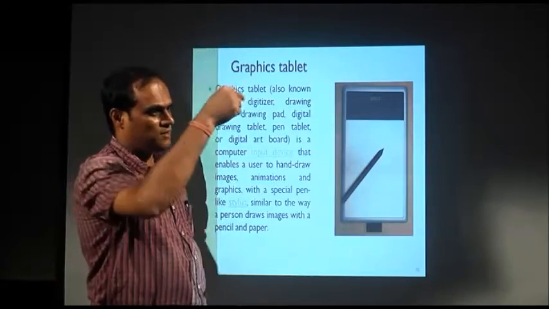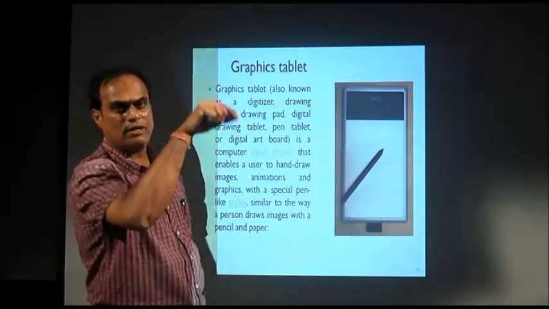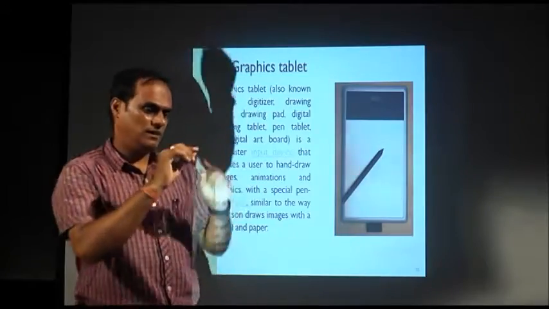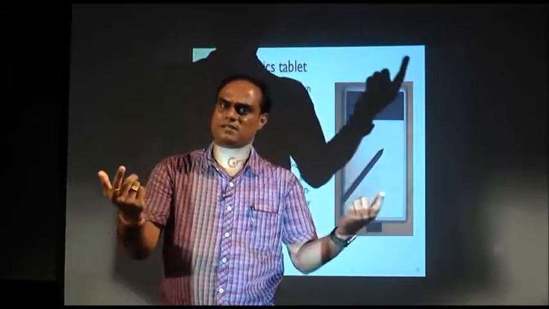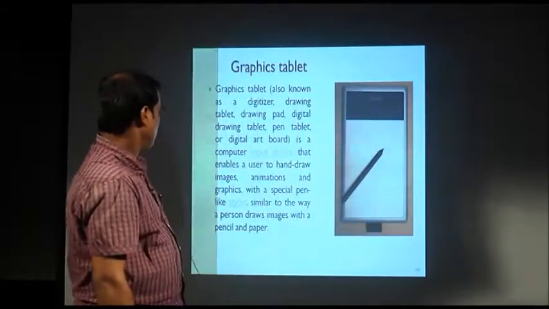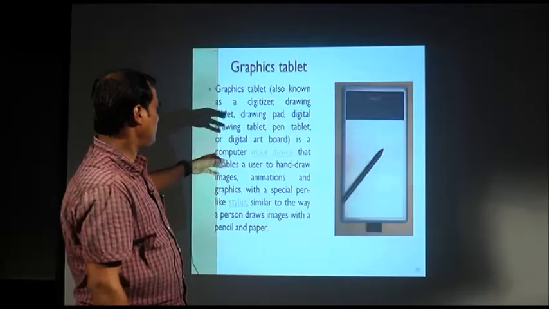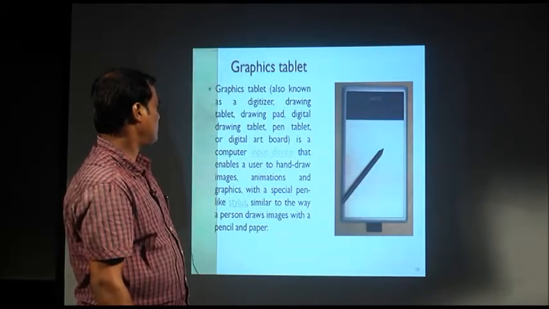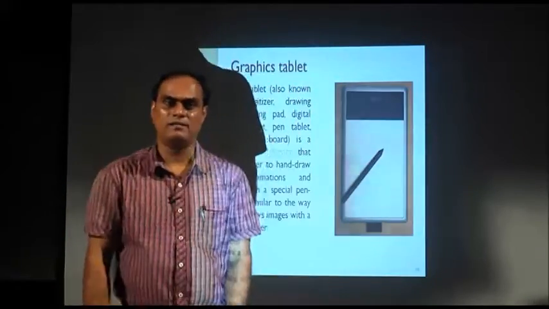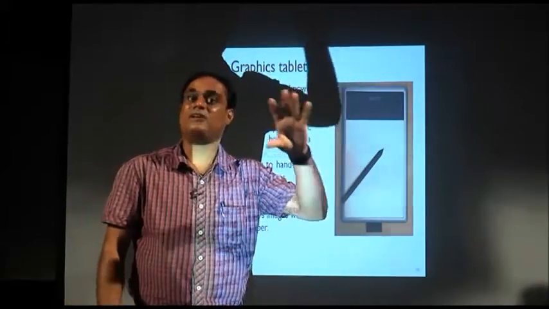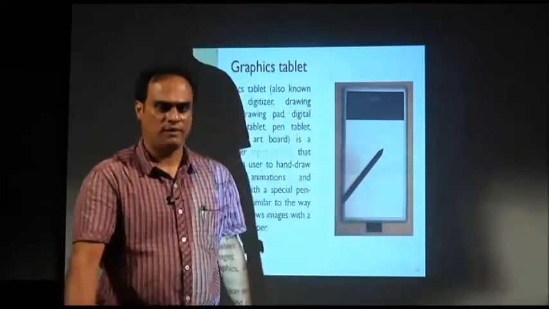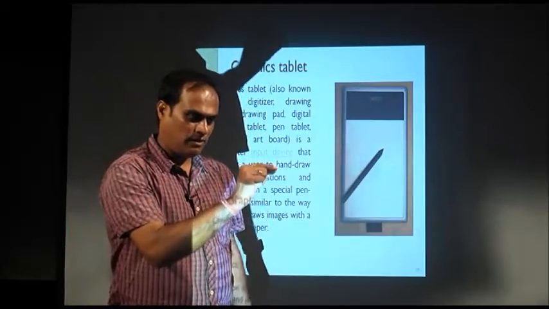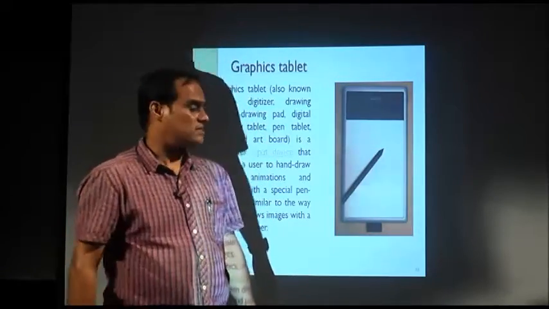You just draw the shape of a rose, and it is identified as a flower. If you draw a vehicle, it is identified as a vehicle. So it is a computer input device where the user can manually draw something, and the system automatically identifies that this is that object. So that is given as input, an object input device. We draw that, and automatically it is given as input.